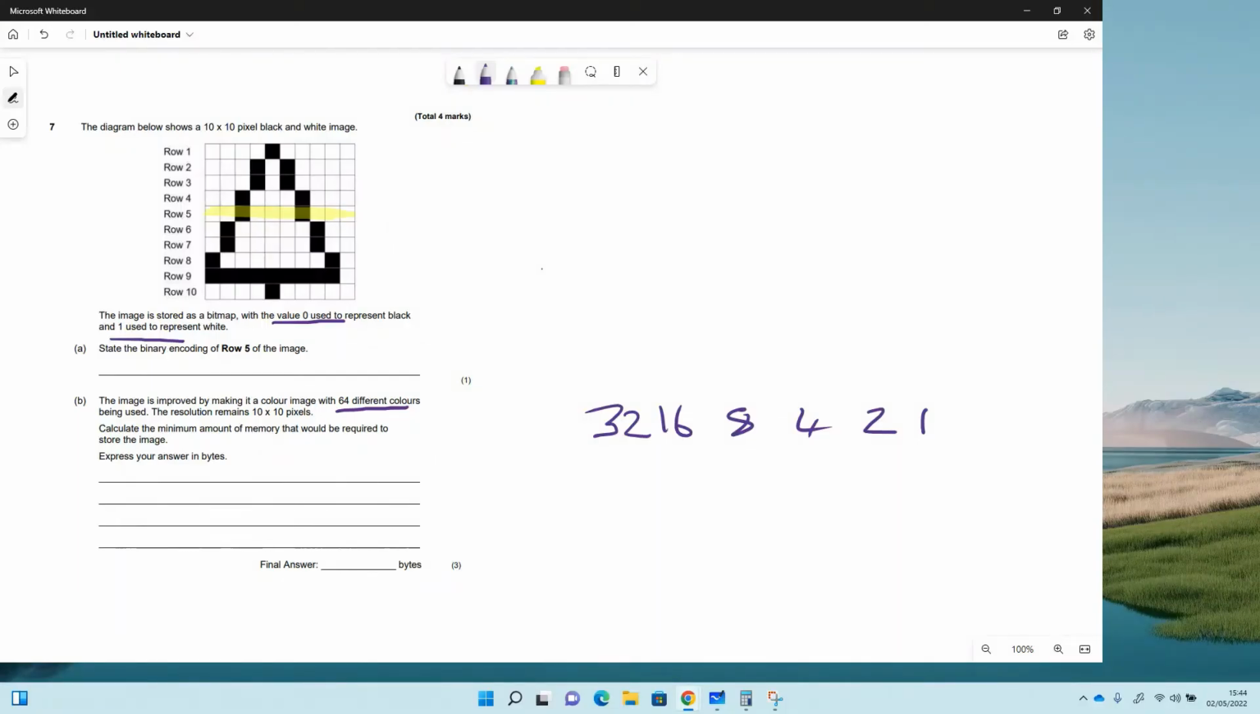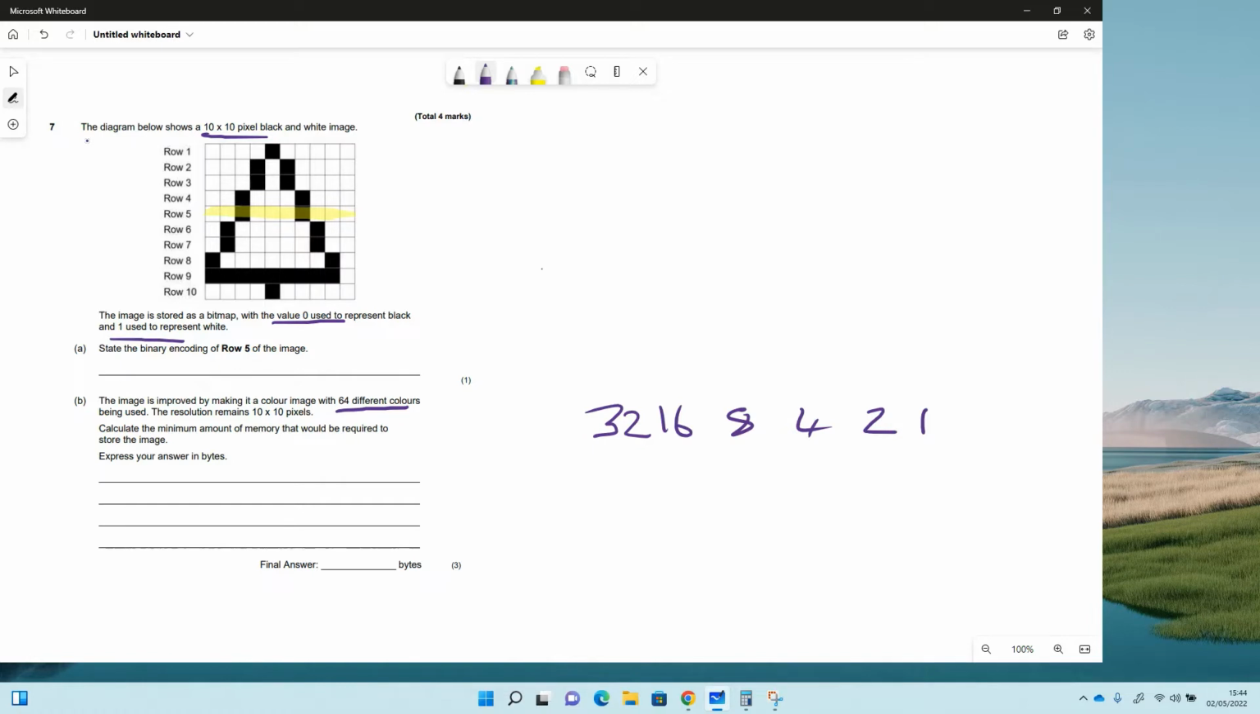This is a data representation question about images. It comes from the AQA Practice Paper. We know that images are very likely to be in this year's exam because they've said so in the pre-release material. So we've got a 10 by 10